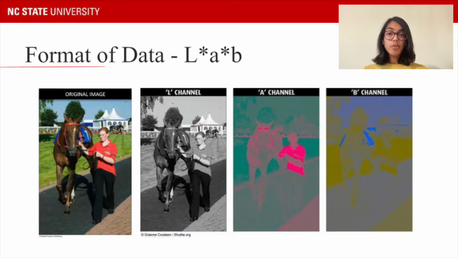We then move on to the format of the data that we have given to the model. We have used the LAB format in order to train our model. This is because if we had given an RGB image, the model would have to predict three channels, that is the R, G, and B. But in the case of LAB, we just need to feed the grayscale image and it produces the A and B as the output, which is less time consuming as compared to producing all three outputs, that is the R, G, and B.